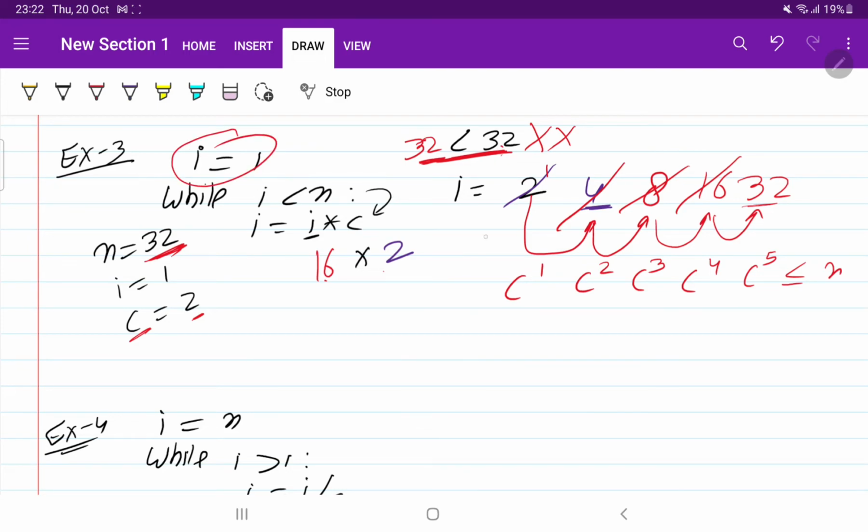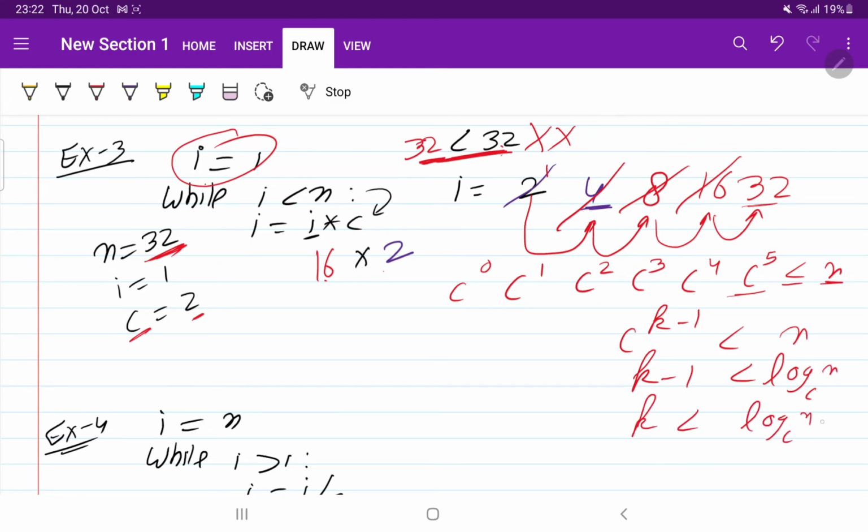It was 1, so I can say c to the power 0. So it will be c to the power k minus 1 less than n, and n was also a power of 2. Now take log on both sides, so it will be log to the base c of n. So k will be less than log to the base c of n plus 1. Okay, we ignore this constant, so you can write log of n.